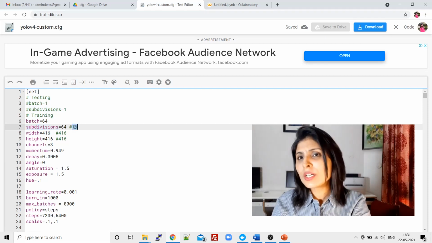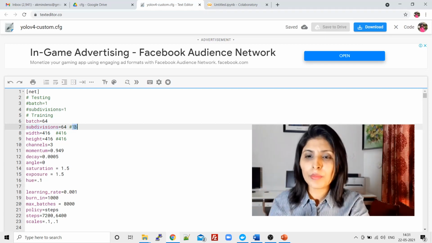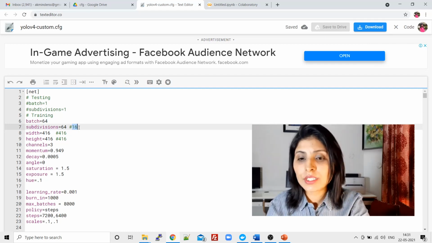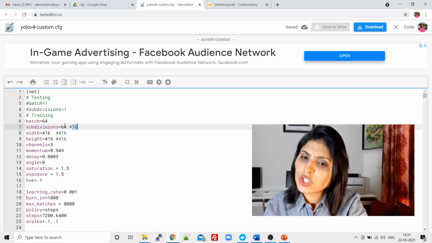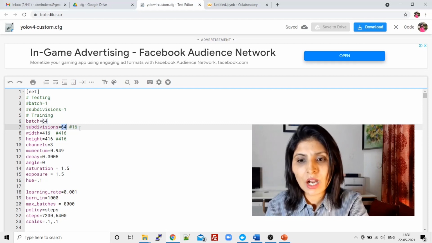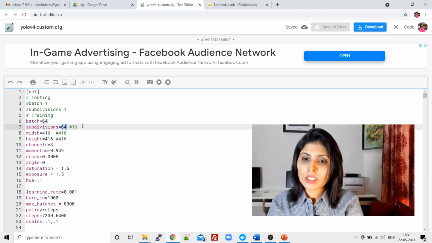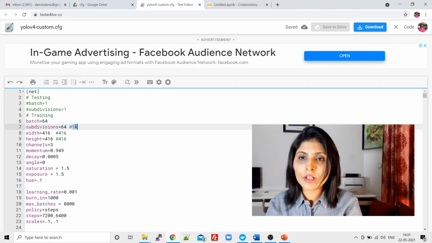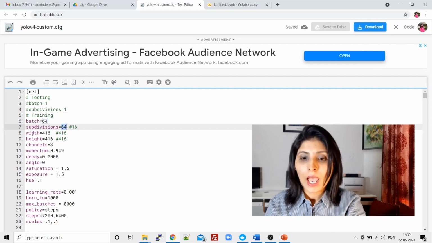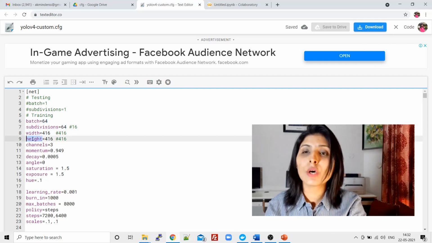If you get some problems when you have 16 as subdivisions, then change it to 64, but start with 16 only. Batch size 64, subdivisions 16. If you face a problem while using 16, then make it 64. And now, width and height of the image.